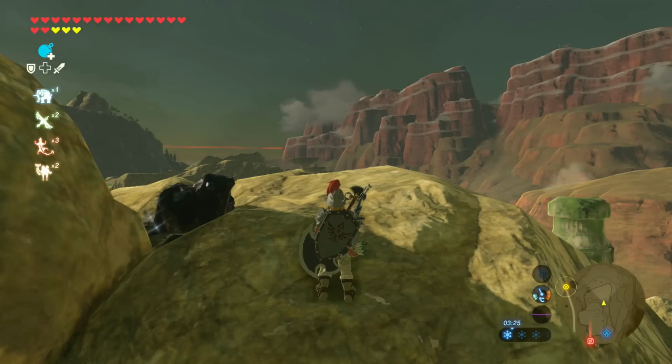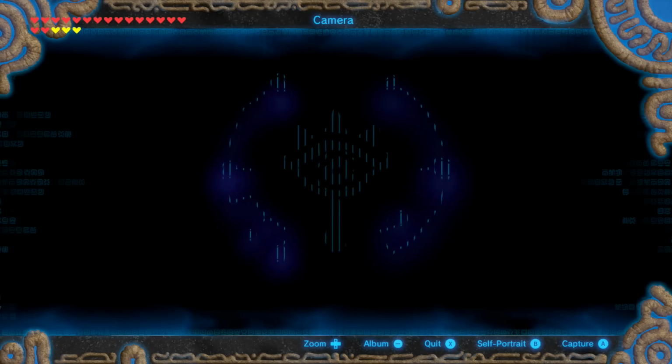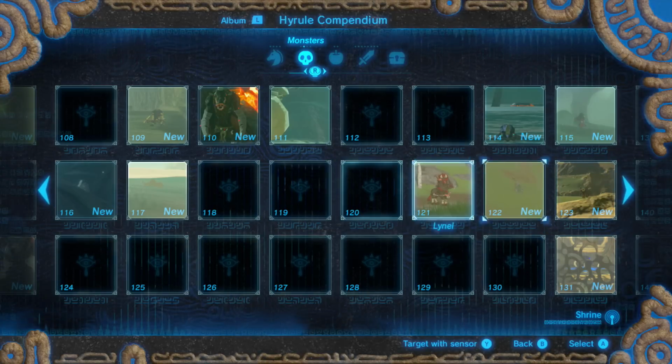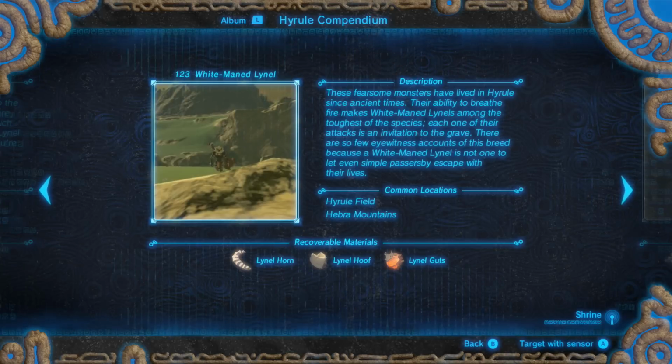So I think I might have found the strongest enemy in the game. It's called a white-maned Lynel. I've only seen one video on YouTube discussing Lynels in general, so I thought I'd share some tips on how to defeat this particular variety. It has a whopping 4,000 HP, so I'd suggest you show up well prepared if you intend on taking it